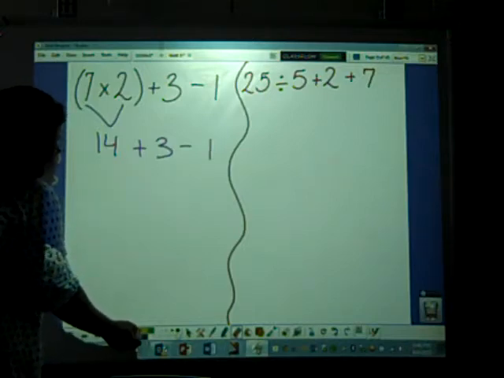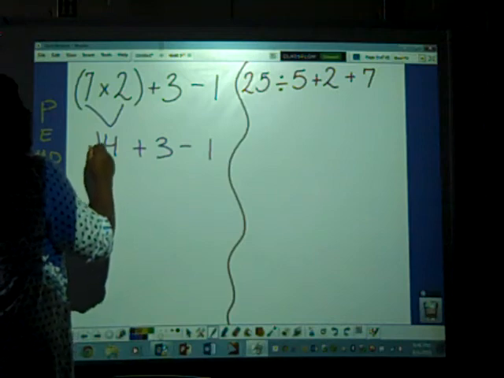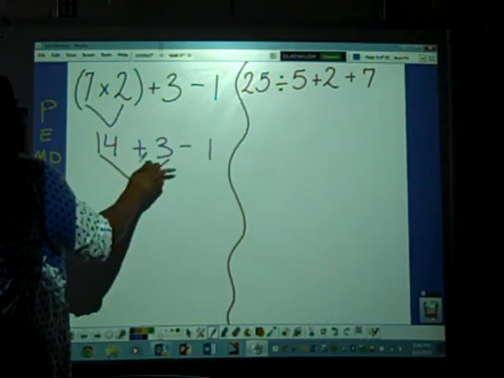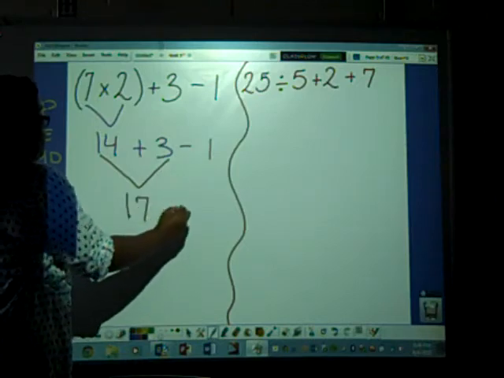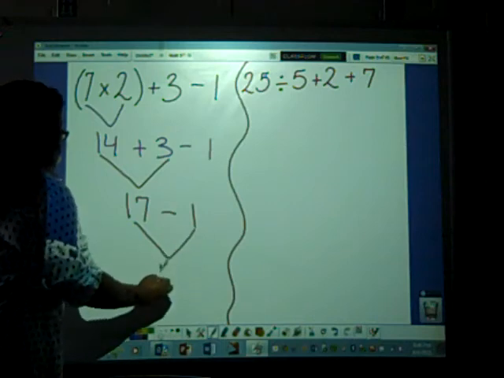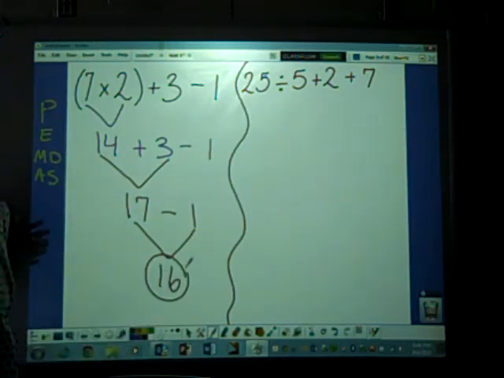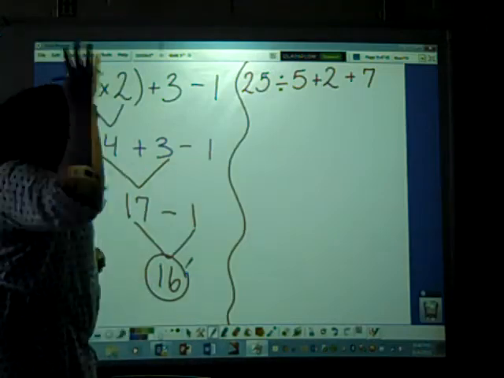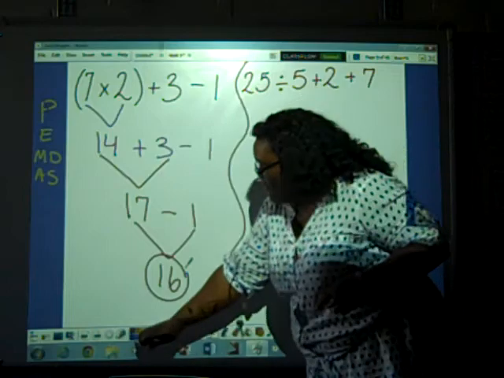All right. So I'm going to do 14 plus 3, which equals 17. Bring down my minus, bring down my 1. 17 minus 1 is 16. I know you got it right. Yes, give yourself a pat on the back because you're awesome and you know it. Now,